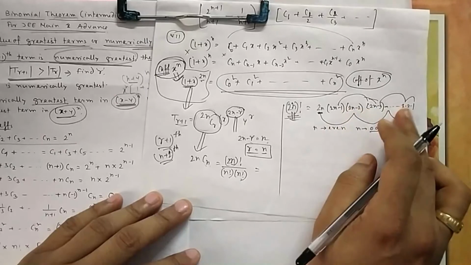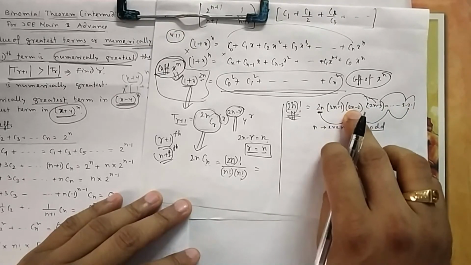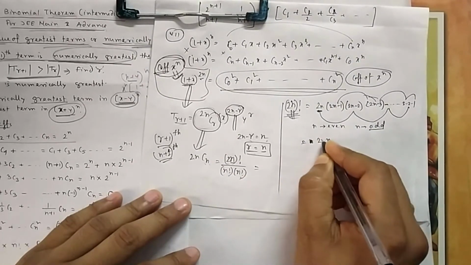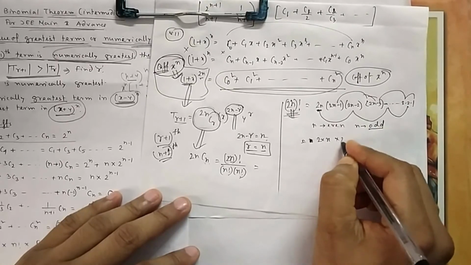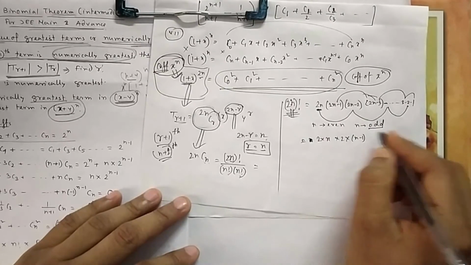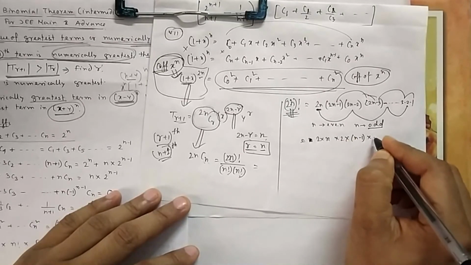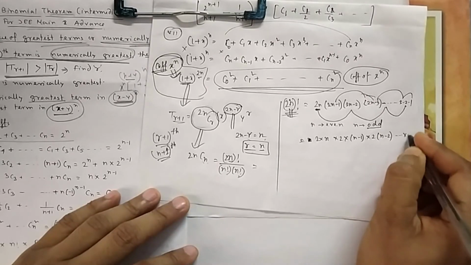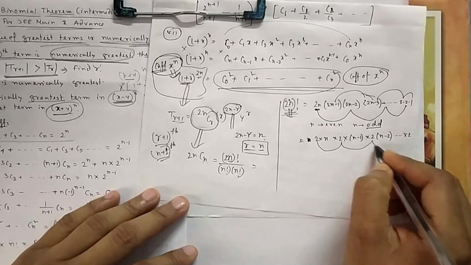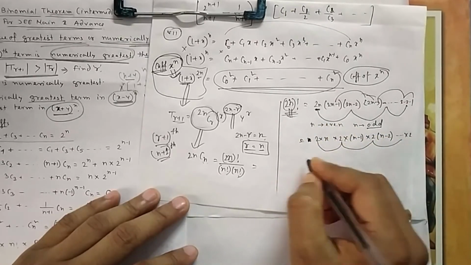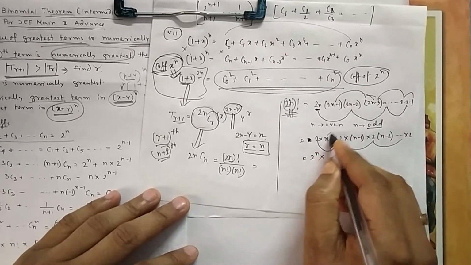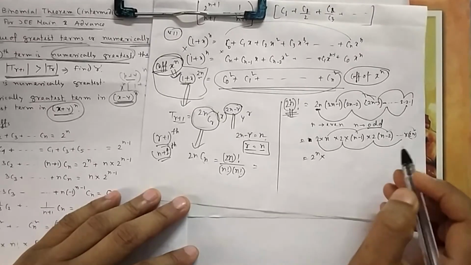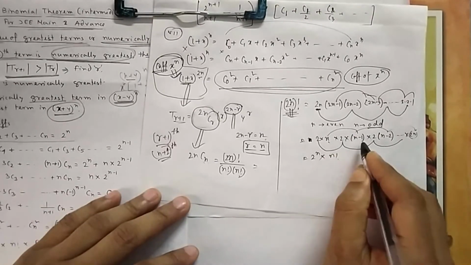So from all the n even terms, suppose I take 2 common from here, it will be n. From here, if I take 2 common, it is n minus 1. 2 common means 2 is just kept outside. Now I keep 2 outside from this one, because it is not plus, you cannot add, everything is multiplied, so you can take it. Similarly for the next, it is 2n minus 4, so from here you can take this one. Similarly the last one is 2. So how many 2's will you get? You will get n 2's, because there are n even terms, each even term having one 2, so it will be 2 to the power n. And this is n, n minus 1, n minus 2, and the last one is 2 into 1, so it will reduce up to 1. So this is n factorial.